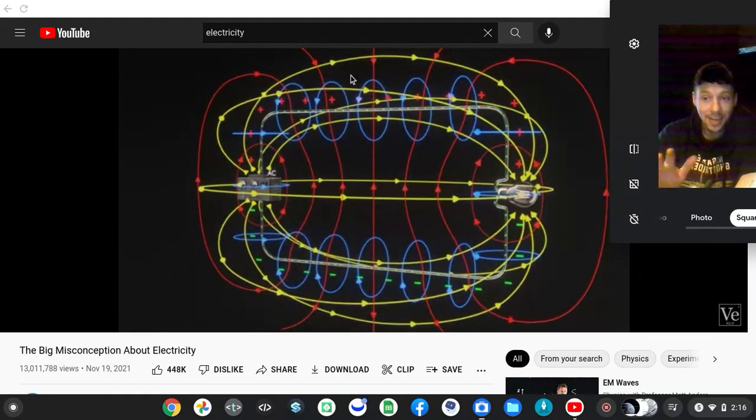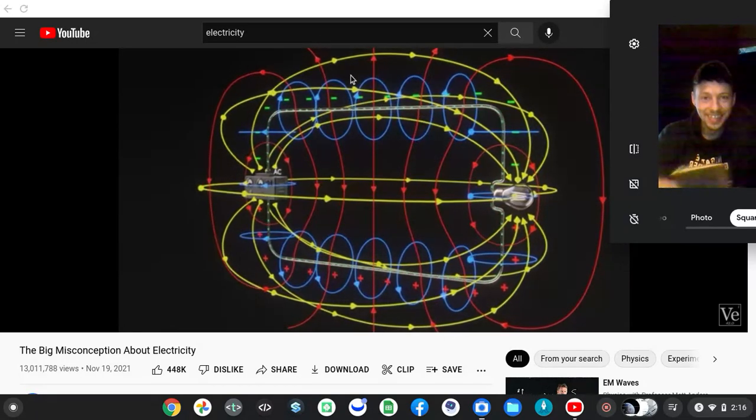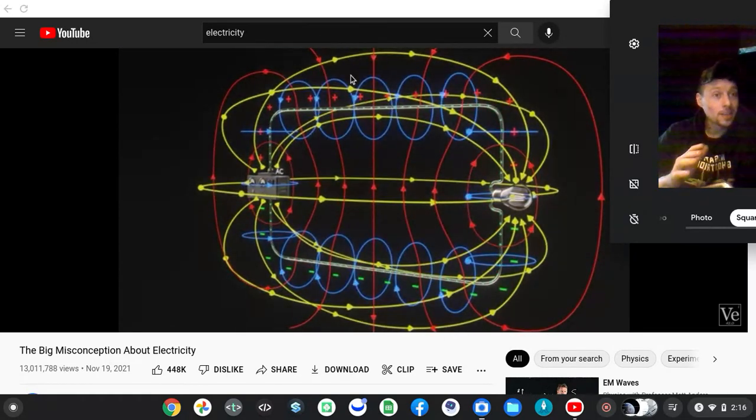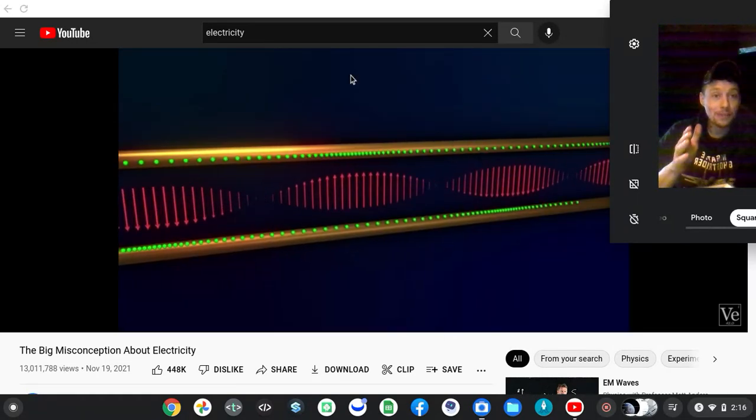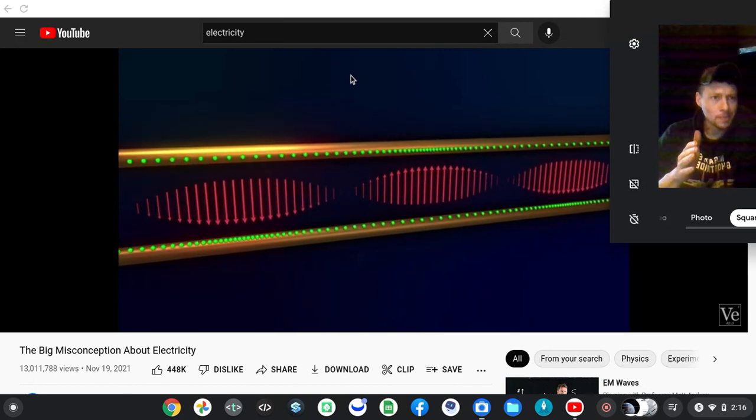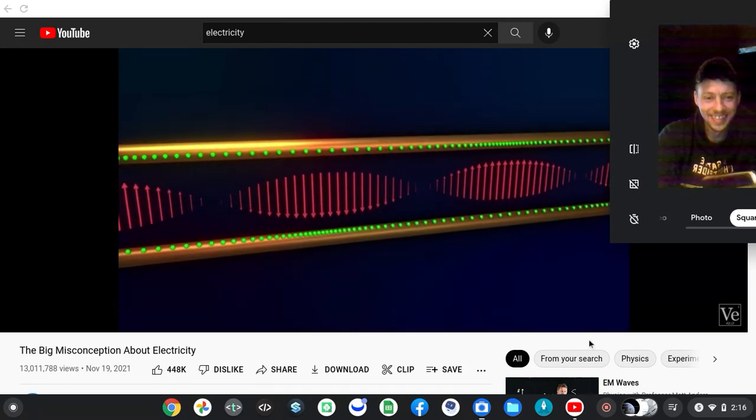This explains how energy is able to flow from power plants to homes in power lines. Inside the wires, the electrons just oscillate back and forth. Their motion is greatly exaggerated here, but they do